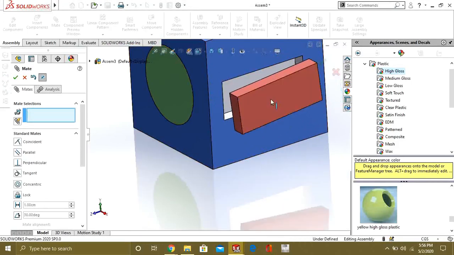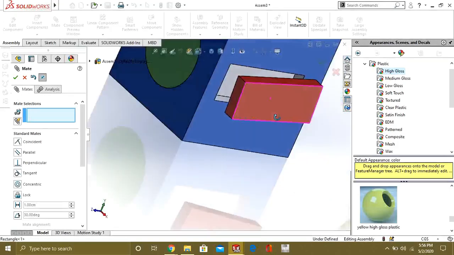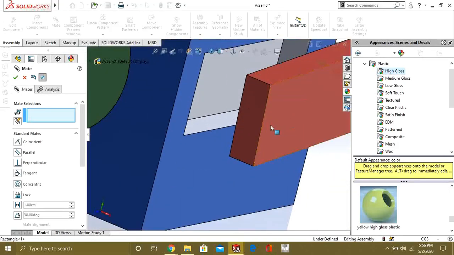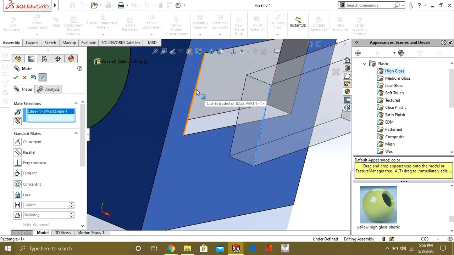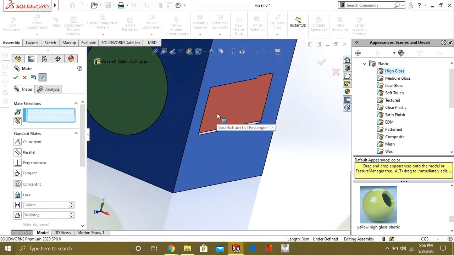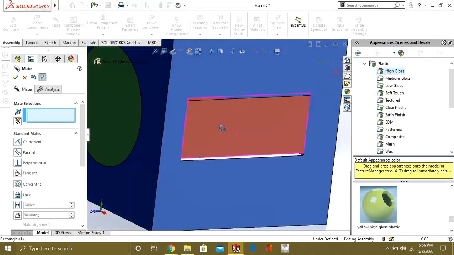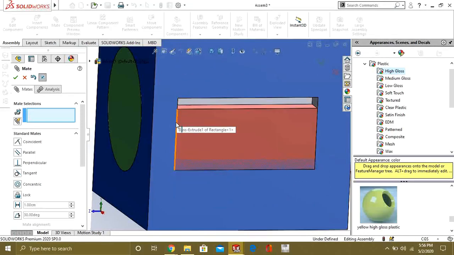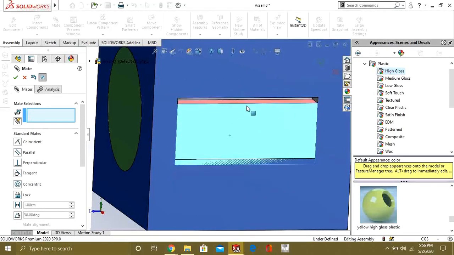Now as you can see, these two faces are parallel. Now to insert it, I will just simply select this vertex and this vertex, and you can see that it is coincident. Coincident means that they are attached to each other. So now this vertical line is coincident to this line, therefore it is just moving up and down.